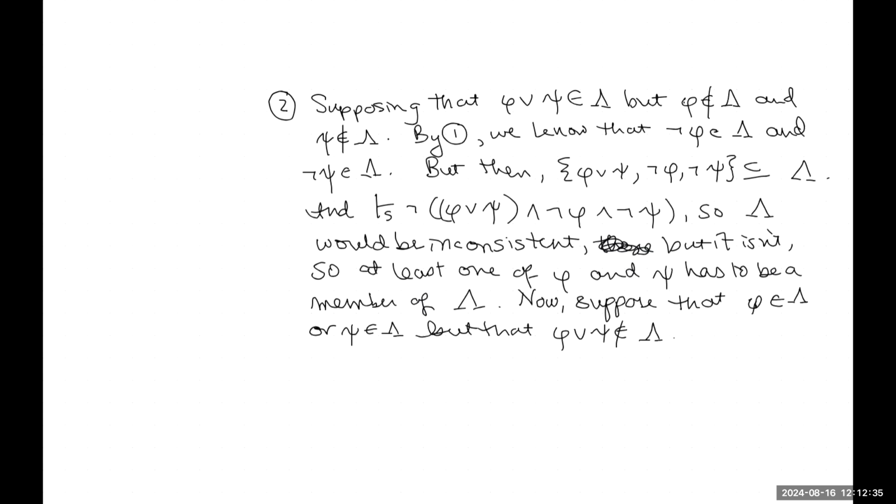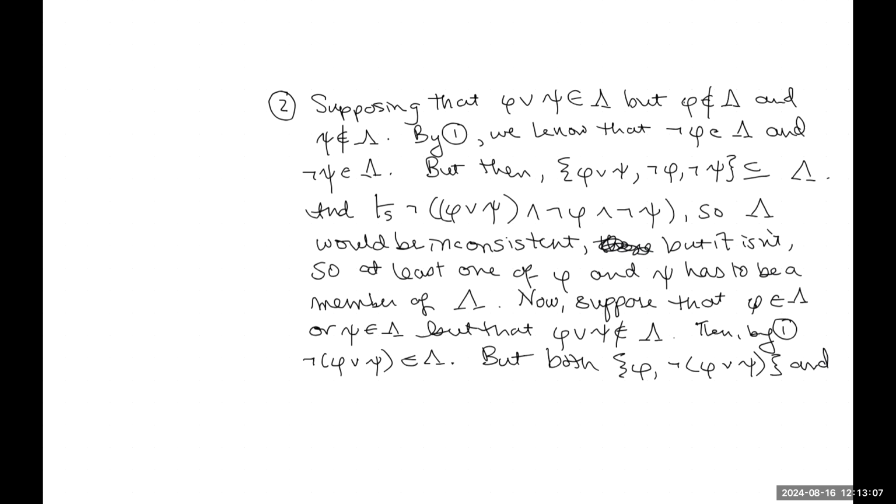Now, I bet you can see how this is going to go. It's exactly the same sort of argument. So suppose that this isn't in lambda, then by the first thing we've already proven, this means that not (phi or psi) has to be a member of lambda, but both phi and not (phi or psi), and psi and not (phi or psi), are finite subsets of lambda,